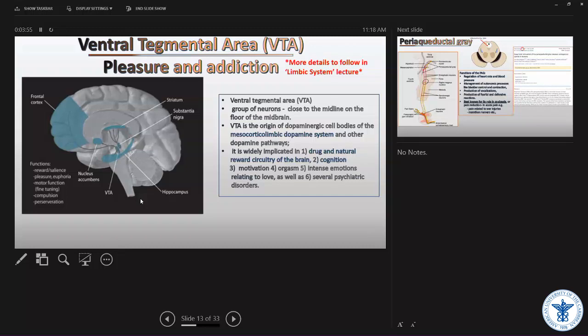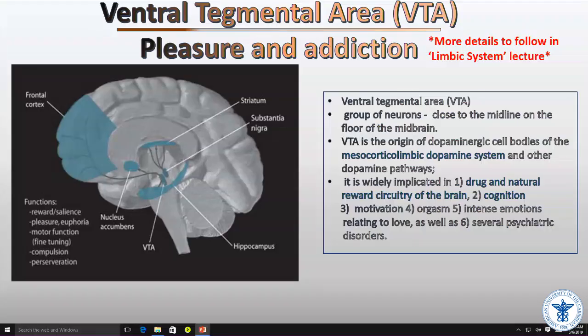I think the confusion that's coming here is quite legitimate. The tegmentum, like Dr. Dadlani said, is the floor towards the ventral side of the aqueduct. The entire thing is called tegmentum. Within that, we have a designated area called the ventral tegmental area. It's very confusing. I don't know why they came up with these terminologies. Within the tegmentum, we've got a designated area called the ventral tegmental area, also called VTA,